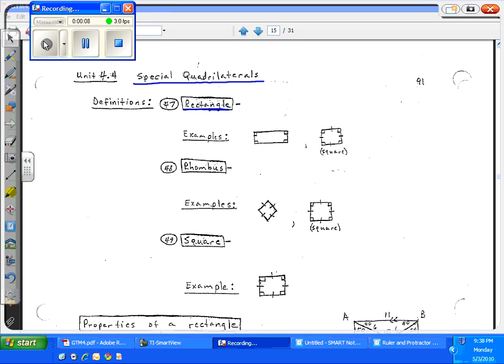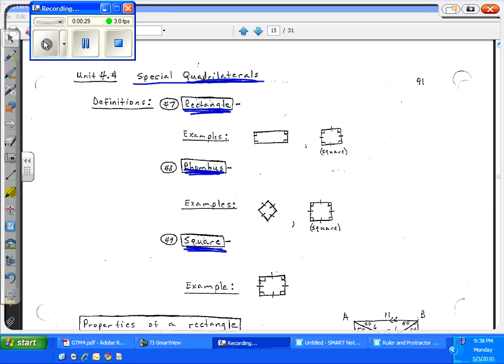These special quadrilaterals, rectangles, rhombuses, and squares, are special kinds of parallelograms. They're not just quadrilaterals, they're parallelograms. So first of all, when we talk about a rectangle, rhombus, and square, they're automatically going to have the 6